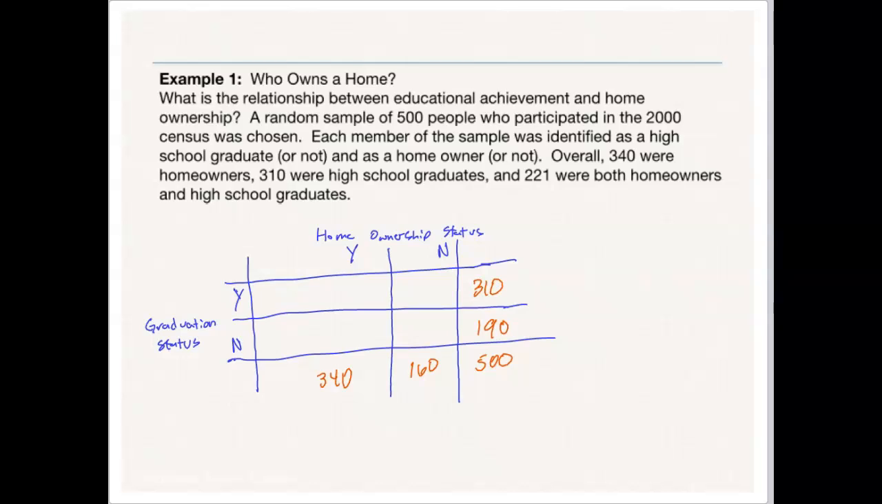221 were both homeowners and high school graduates. So it's 221 here. Now we know vertically that needs to add up to 340, so I can just subtract 221 from 340. And it tells me that 119 were homeowners but not high school graduates. And